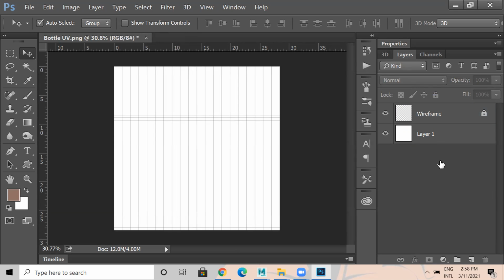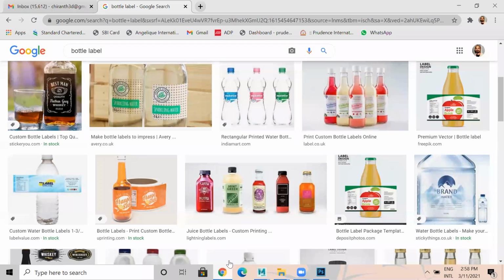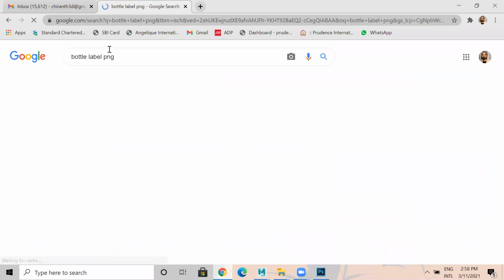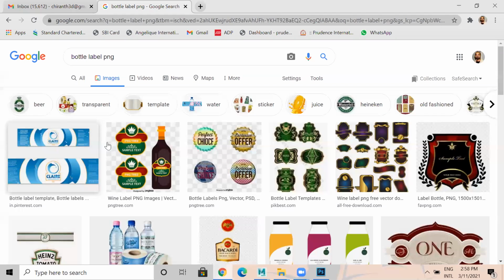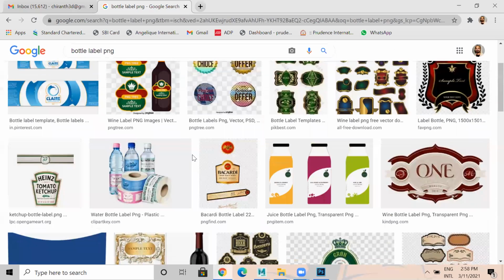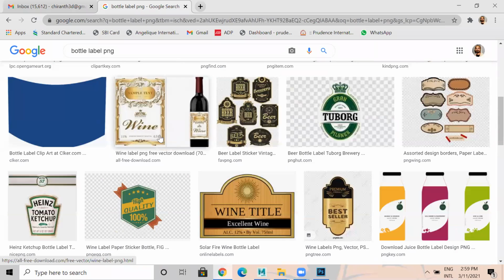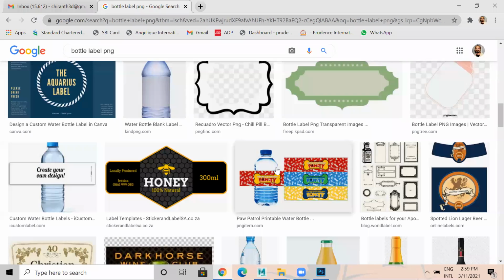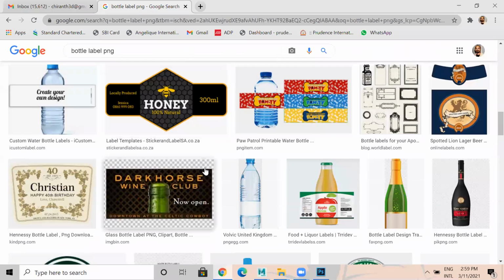Okay, so now I need to add a label here. So I'll come over here, bottle label PNG. I'll pick some label. So what are we going to create? Is this a water bottle or a wine bottle or what is it? You can make this a ketchup or honey, something.